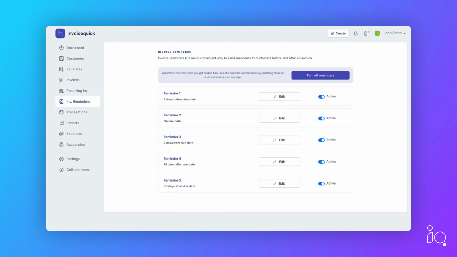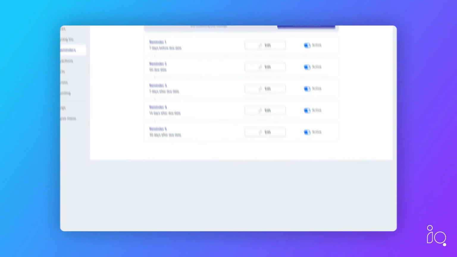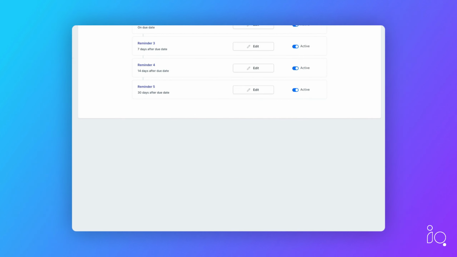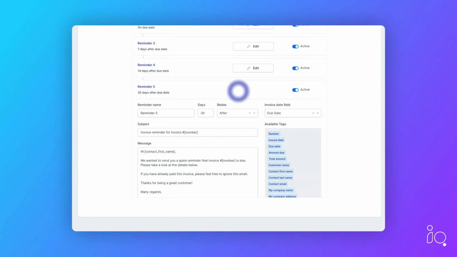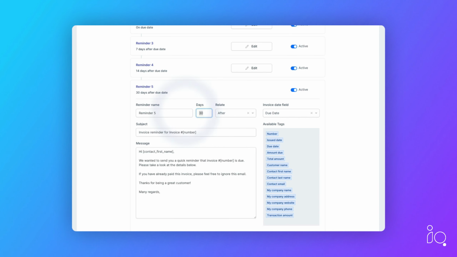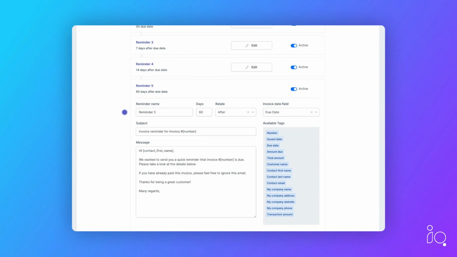So you have the ability to customize how these go out. See, this is 7 days before due date, on due date, 7 days after, 14 days after, and 30 days after. So let's say we have 30 days after and we want to make this 60 days after, because at 60 days, if you haven't gotten paid, you might want to start talking about, I don't know, maybe collections. So if we want to change this to pre-collections reminder, and we're going to say, I want to send this 60 days after